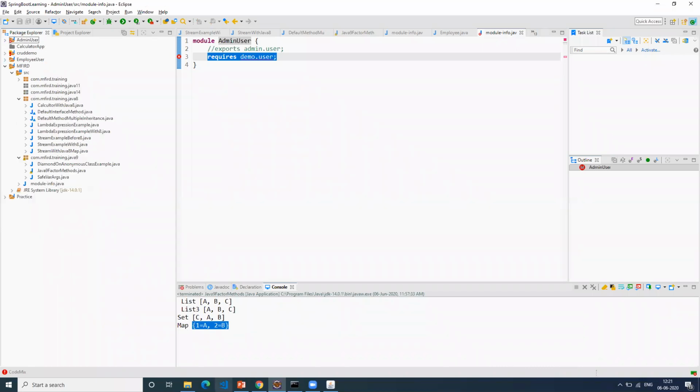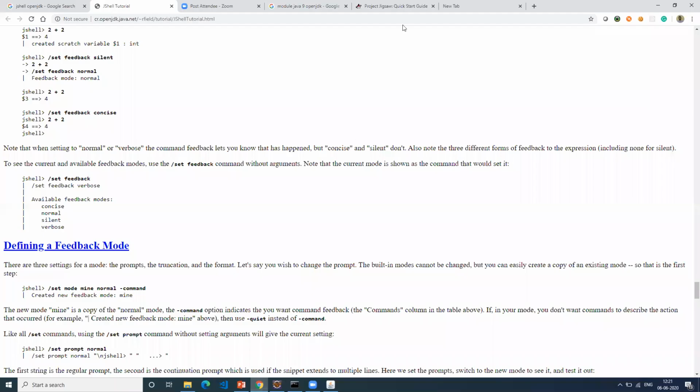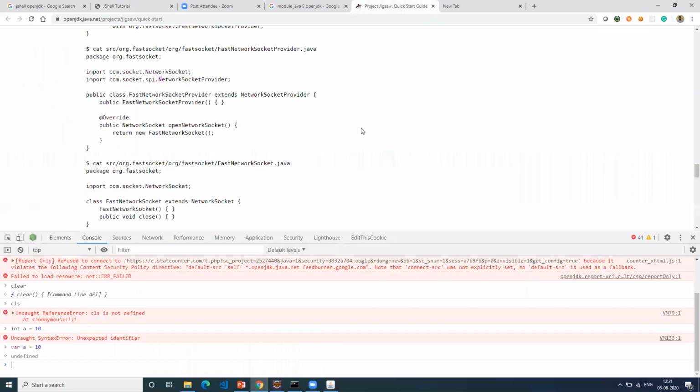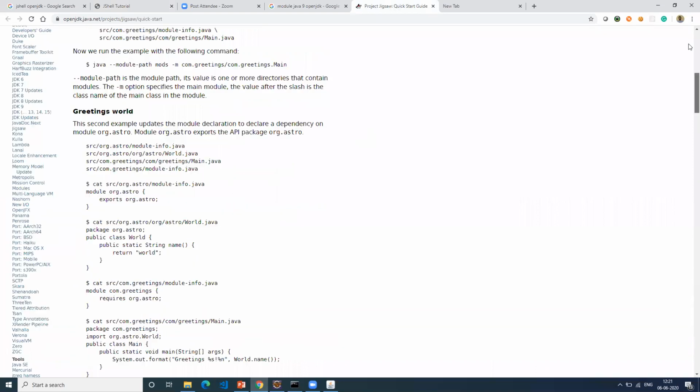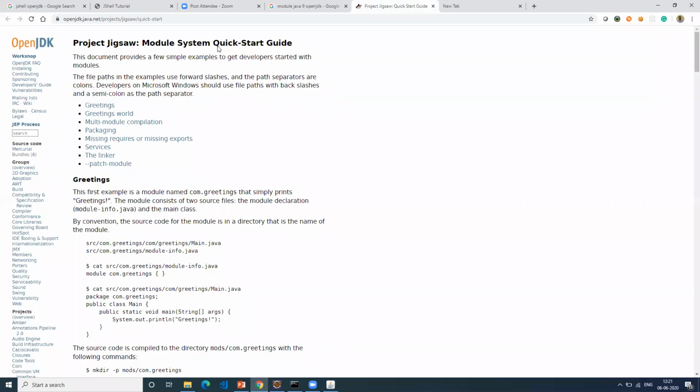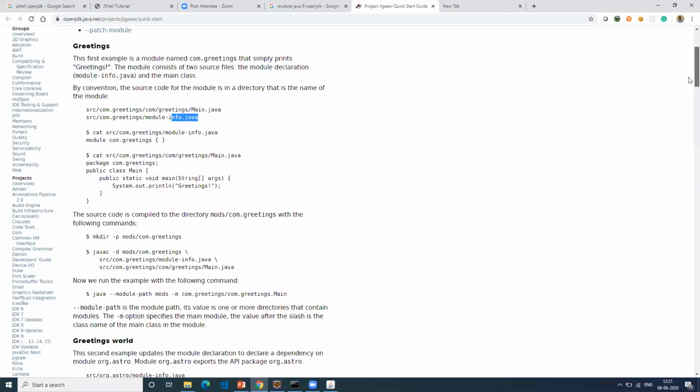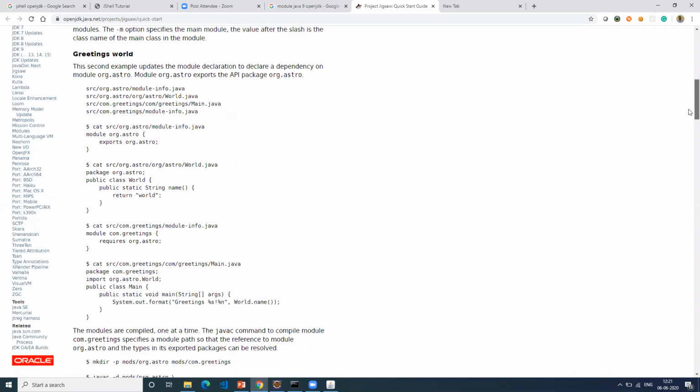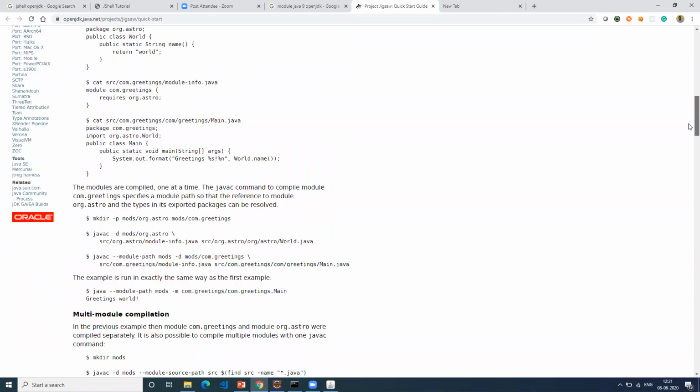One important thing is there is one document for this. You can refer to this document. If you go to OpenJDK, there is the module system quick start guide. This will explain how you can do it. There are some quick examples you can just try out, on how you can organize your packages.